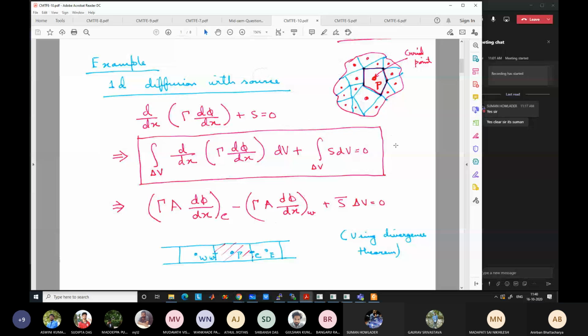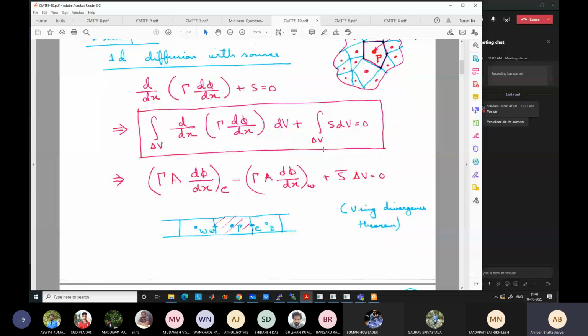It is equal to the number of points. So obviously those will also increase. So there is a trade-off, and accordingly we decide what is the number of control volumes. Say we have very limited resource. This time what has happened?